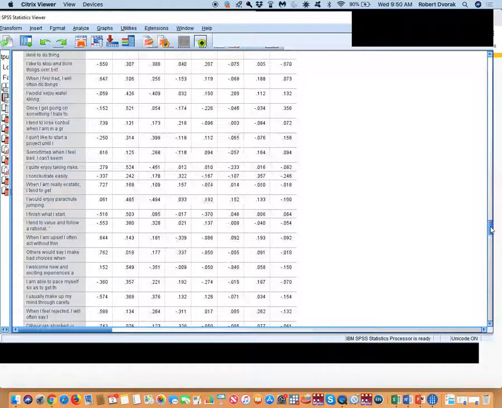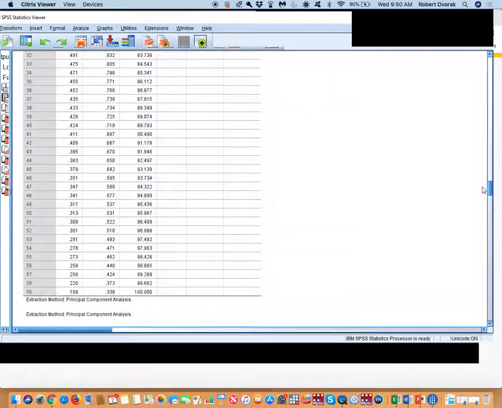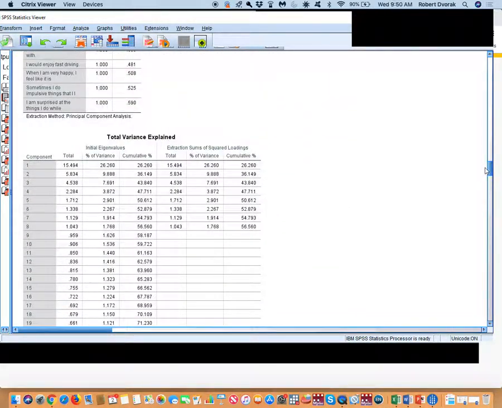56. You can also use that as a way to make a case for 5 or 6 factors, because we're looking at 50 for 5, 53 for 6, and if we go all the way to 8, we're only gaining 2% more variance. It may not be worth that additional 2%. Of course, the problem with all of this is we have not rotated the factors, which we will do when we come back. So let's take a break. When we come back, we will rotate these factors and see